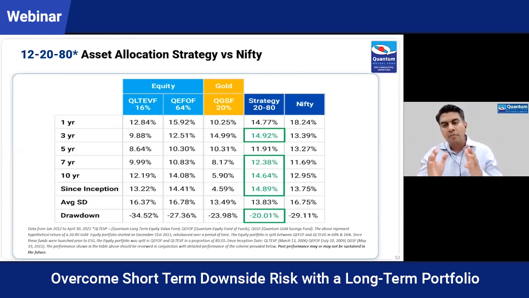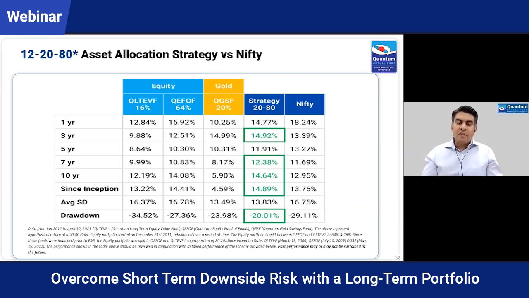So it has outperformed Nifty, and this is post expenses, provided you follow 2080 and rebalance the portfolio at the right times. If you had followed that strategy, your returns were much better than even equity index returns. And if you look at the risk element, when equity markets fell, like during the COVID downturn, it fell significantly. There have been many corrections that you can expect in equity markets. The fall in equity market that we saw on a month-on-month basis was 29%, whereas this strategy, because of diversification from gold, would have fallen only 20%.